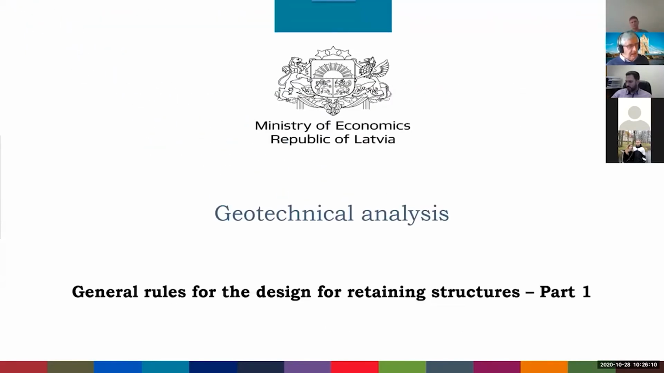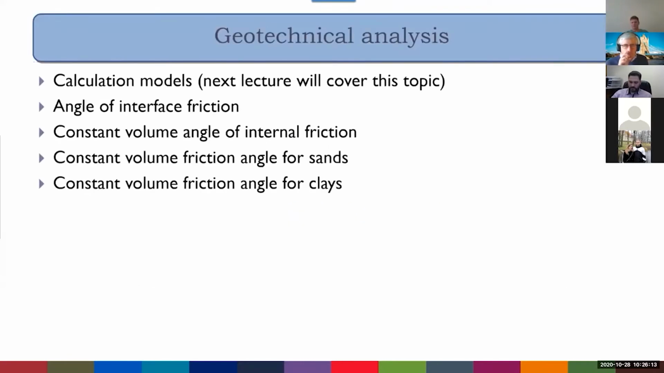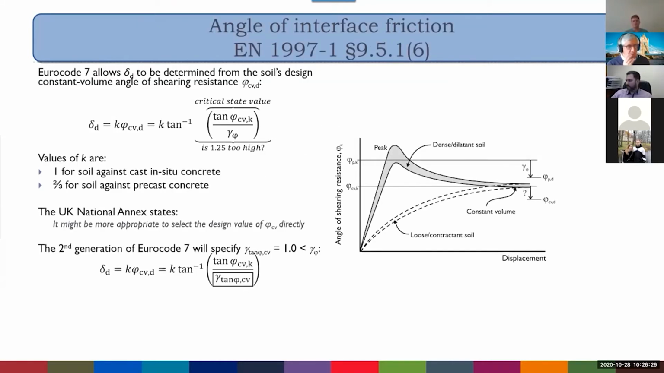those are some fundamentals. Now let's talk about geotechnical analysis. And I'm going to go through calculation models in the next lecture in detail. But before we get there, I need to talk about some of the parameters that we put in, because it's important that we put the right parameter into the calculation models. So the first parameter that we need to think about is the angle of interface friction between the ground and the wall. And this is being complicated by Eurocode 7 because it tells you that the angle delta design